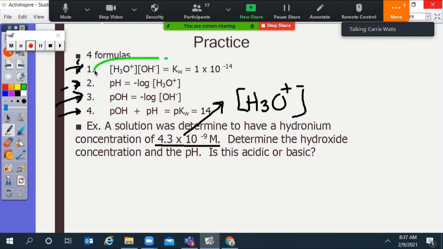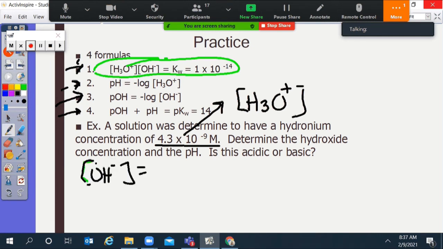So the first thing we're going to do is use formula number 1. So we have the hydronium concentration. We can use the law of mass action to solve for the hydroxide concentration, which is the first request of this problem. So we're going to take 1 times 10 to the negative 14, divide by 4.3 times 10 to the negative 9th, and you get an answer, a hydroxide concentration of